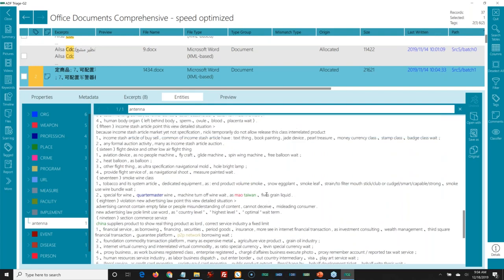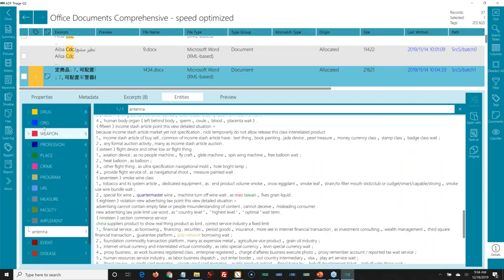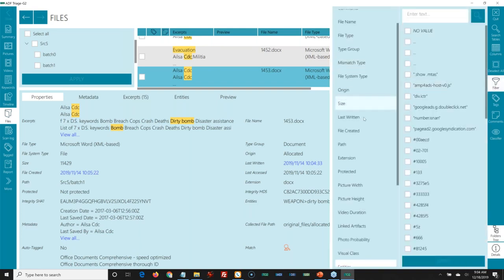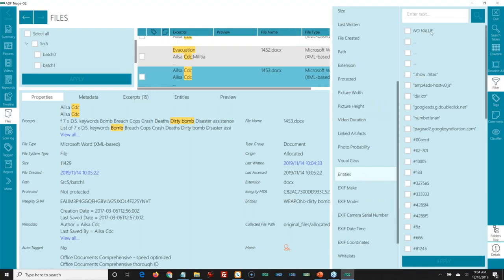So it gives me that really good idea of what's in here. I think that kind of all makes sense and is a little simple, but let's think about all these entities that were pulled out, right? The drug entities, and maybe I'm working a drug case or drug intelligence. I can go to my file listing now and use those entities as a keyword list almost, right? So I didn't run any of these keywords in my case because I wanted to stay away from false positives and things like that. But here, it's giving me the ability now to go into my filters, choose entities, and